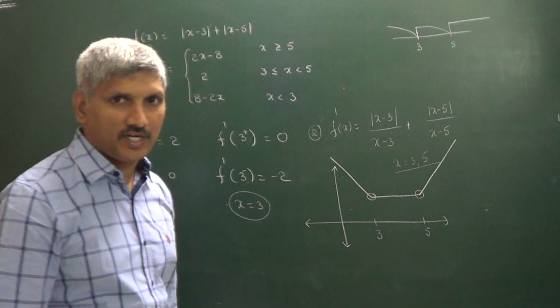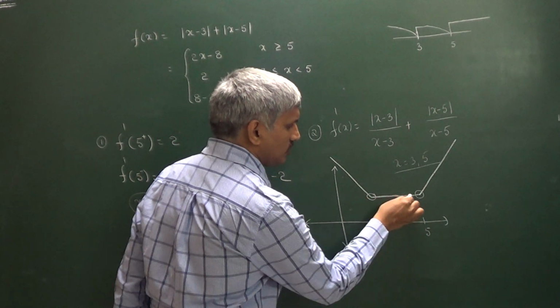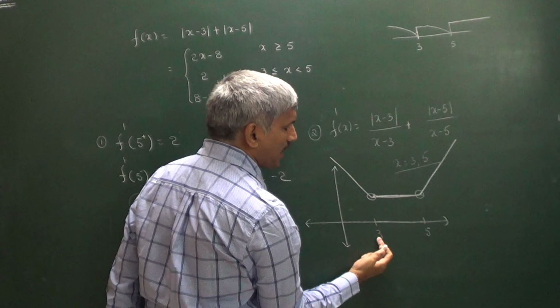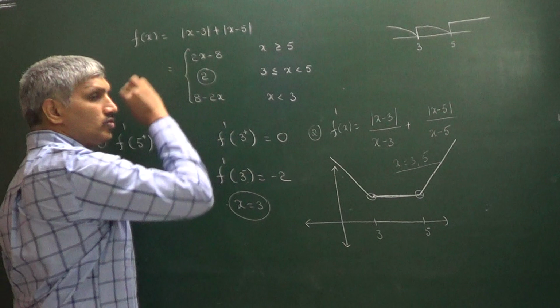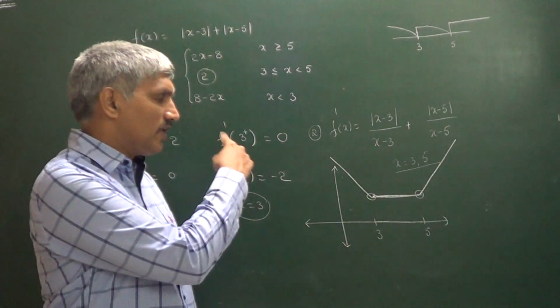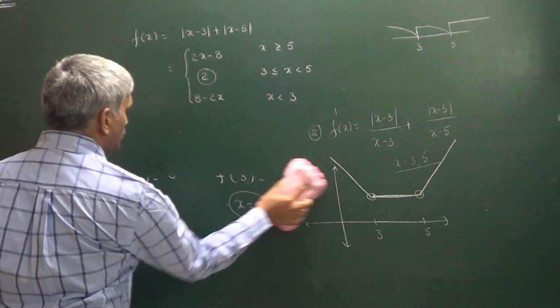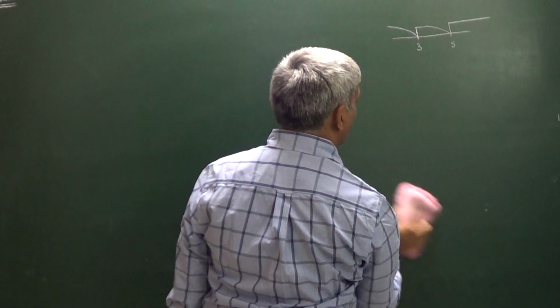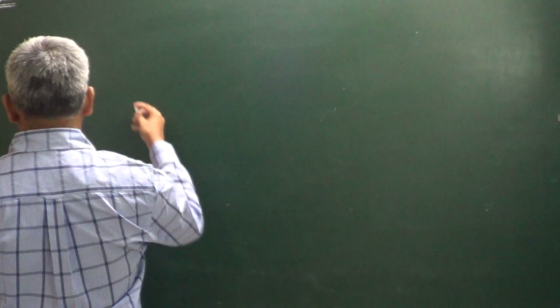So that is the way we can discuss. This function has a minimum value. This is the minimum value of the function obtained in between 3 and 5. That minimum value is equal to 2, right? But the function is continuous everywhere, and not differentiable at exactly 2 points. Those 2 points are x equals 3 and x equals 5. So that is about a few applications based on that particular question.